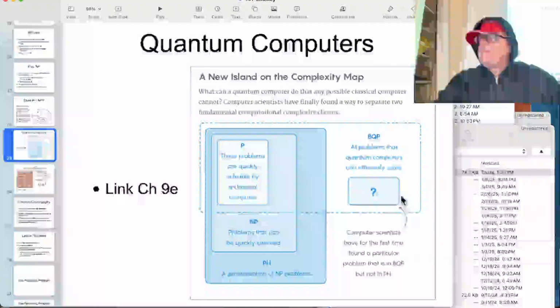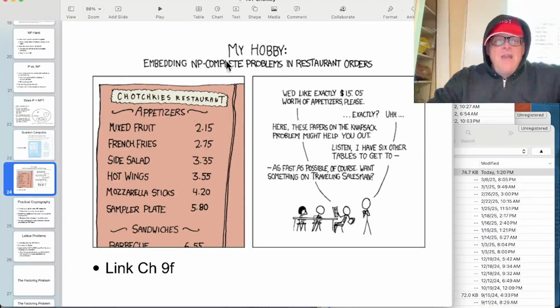So, all right, anyway, there's an XKCD about it. Here's an example. If you have a restaurant that sells you food at various prices, then he can just say, I want the total price, and you have to figure out which items will add up to this total price, and that's the knapsack problem. It's not simple. It can be far more difficult than you think, even with a relatively small list like that.